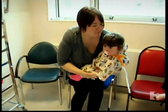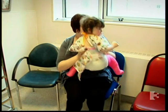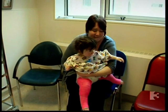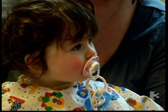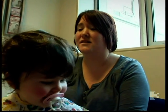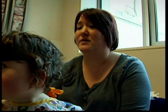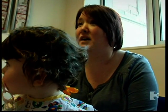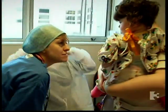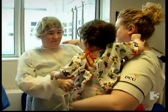Hopefully, they will find out if the cast is working and helping to realign her hip. If not, she may face another lengthy stay in hospital. The last time, this cast was only meant to be on for 16 or 18 weeks. But over Christmas, it was on for 12 weeks, and she came back with no cast, and we didn't know what happened. But the cast wasn't working the last time, so she had to go into traction for 10 days,